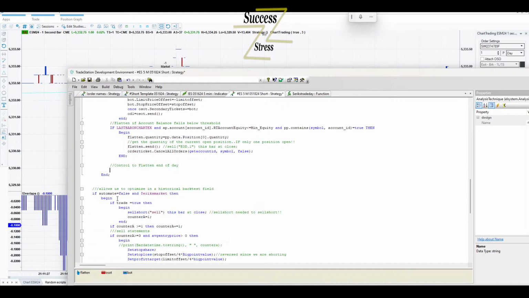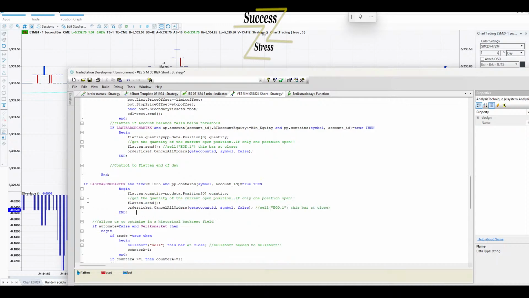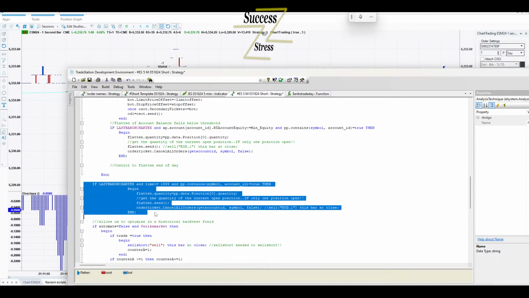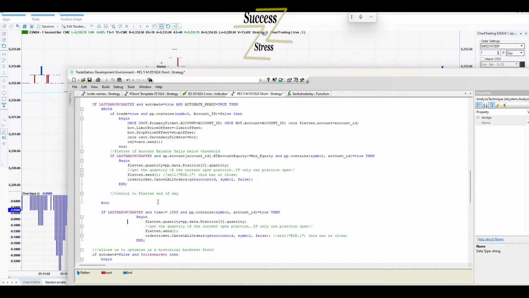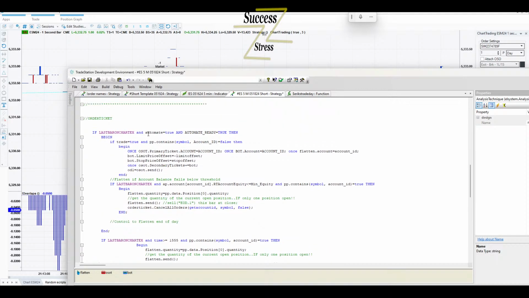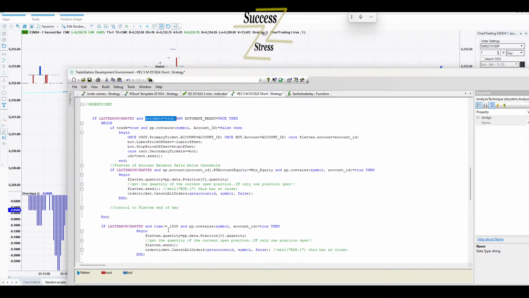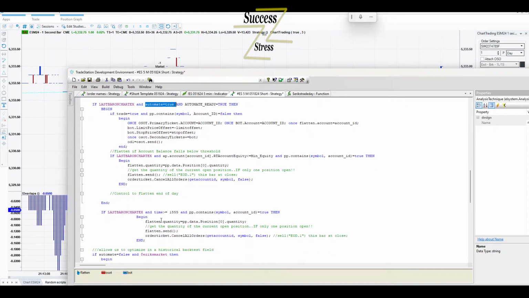So I'm just going to cut this, paste it there, push it over. But it does need to say flash bar on chart and automate equals true. Okay.